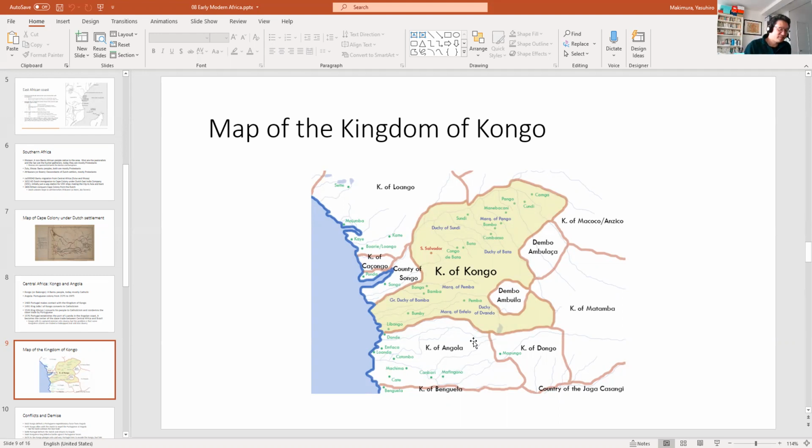But regardless of whether you were in Japan or in Europe, basically you needed to have a high enough density of people or animals, domesticated animals, to be able to make gunpowder. And the Kingdom of Congo and most parts of Africa did not have a high enough population density to make this happen. So if you can't make gunpowder, then why bother making the gun in the first place?